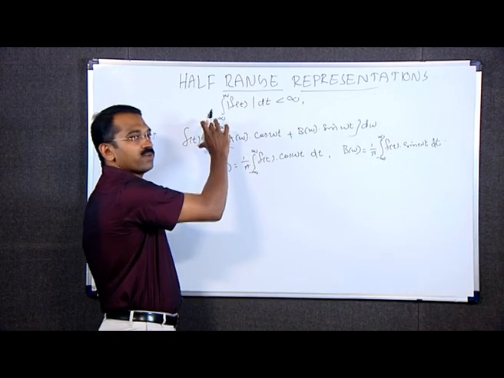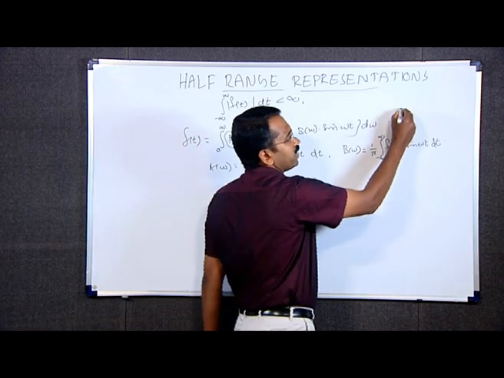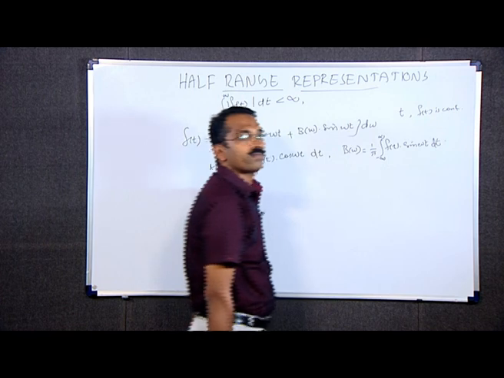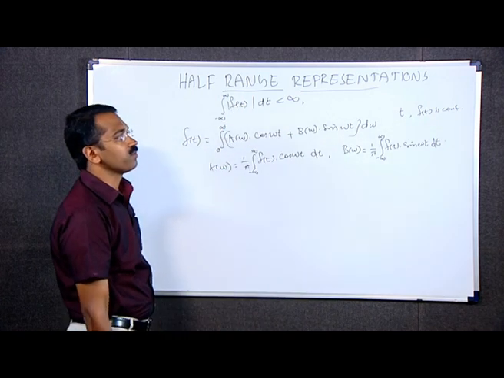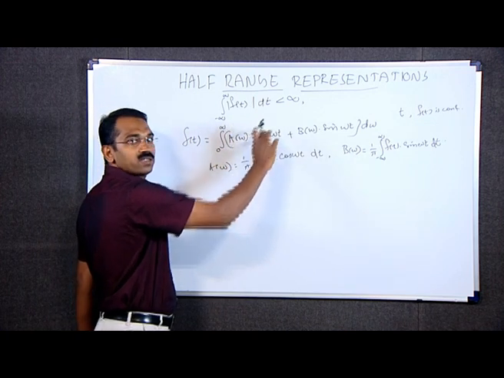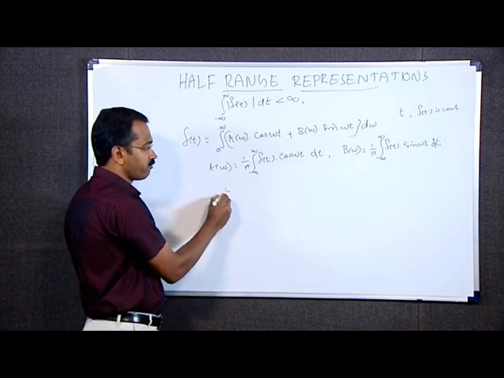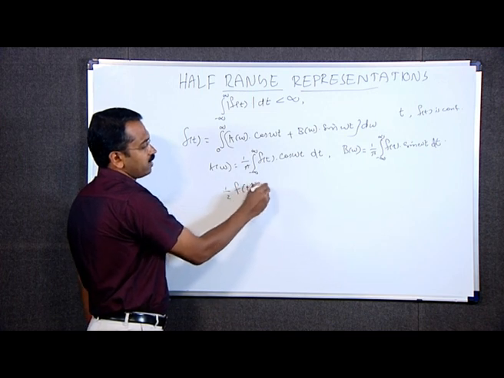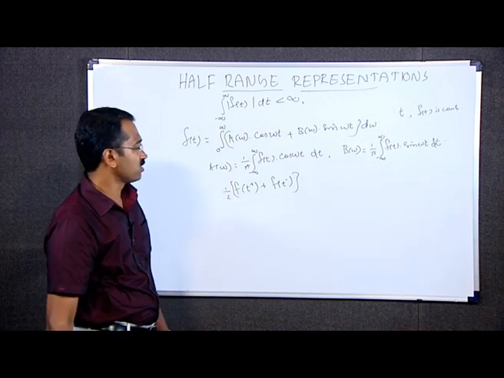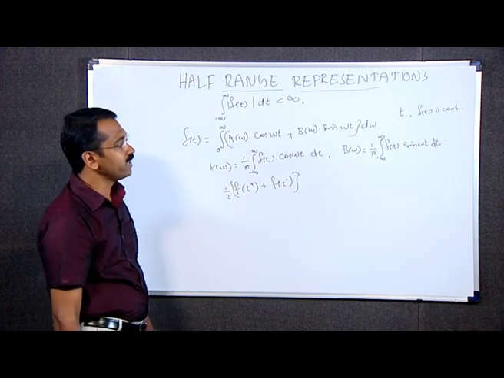We can represent the function f of t like this integral at all points t where f of t is continuous. If there are some points of discontinuities, then the value of the right hand side integral can be obtained by taking the average of the right hand limit and left hand limit of the corresponding points of discontinuities. This is the Fourier integral representation of a function. Clearly, from the conditions